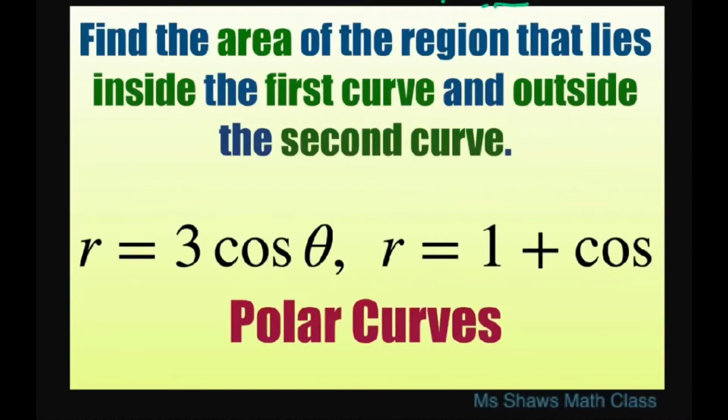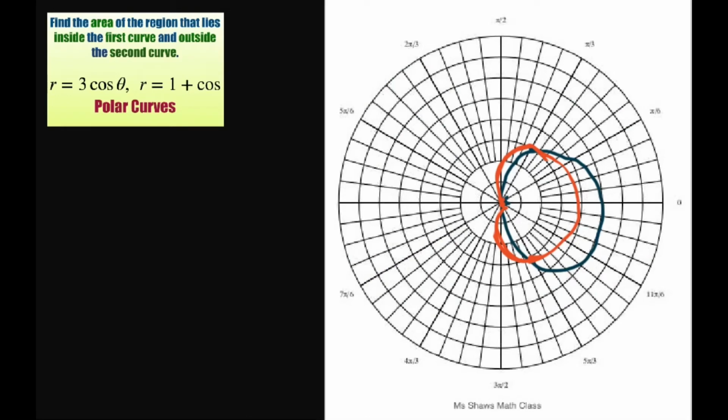Everyone. We're going to find the area of the region that lies inside the first curve and outside the second curve. So the first curve is a circle I have in black, and then the second curve is a cardioid that I have in red. Now, to find these points of intersection here, which is here and here, you set these